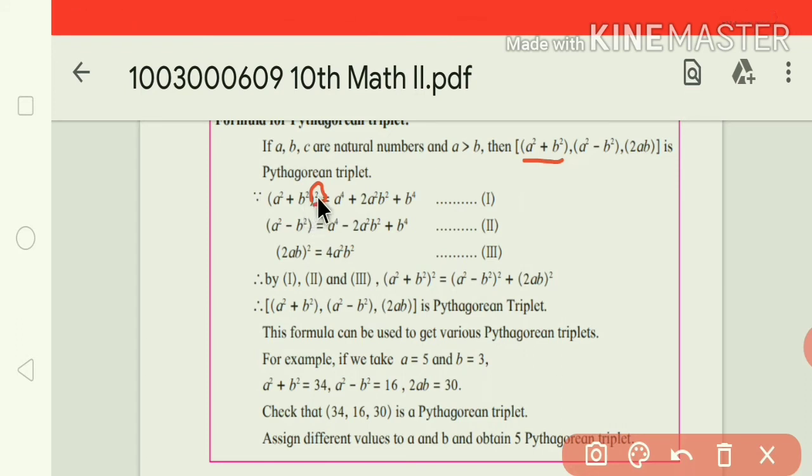Then the second term b square multiplied by b square gives b raised to 4. This is the expansion